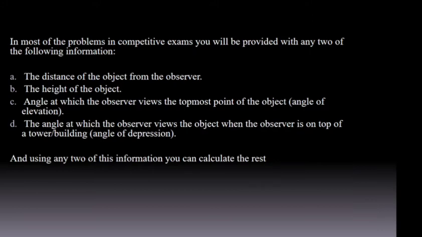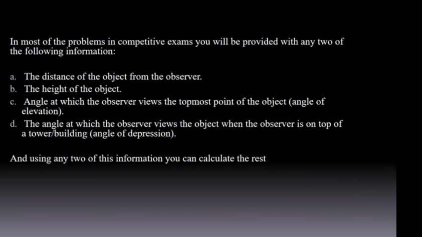Okay, so what I mean by that is, in a problem, either height and distance will be given to you, and what you have to find, the angle of elevation and the angle of depression. Okay, or any one will be asked to you, but to find that one also you require 2 of the informations. 2 informations must be compulsorily given. Without those 2 information you cannot find the third one.